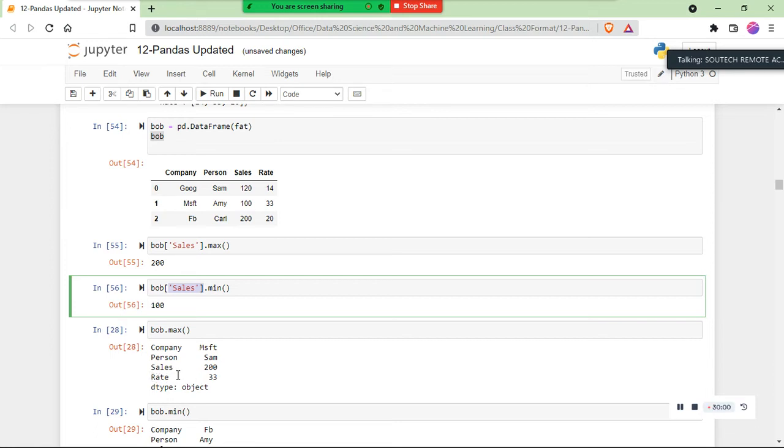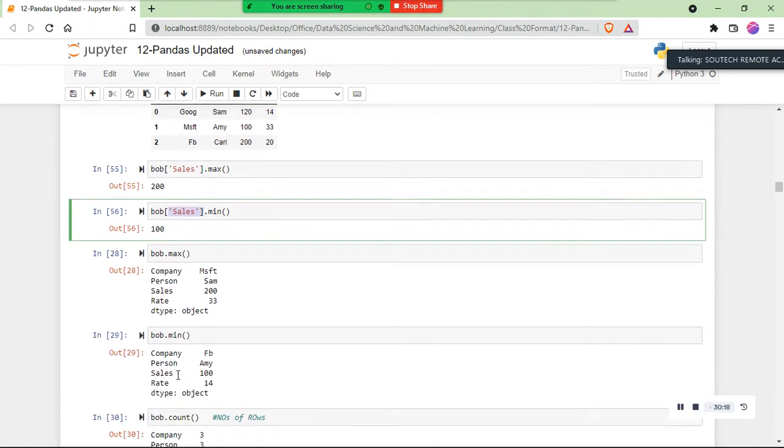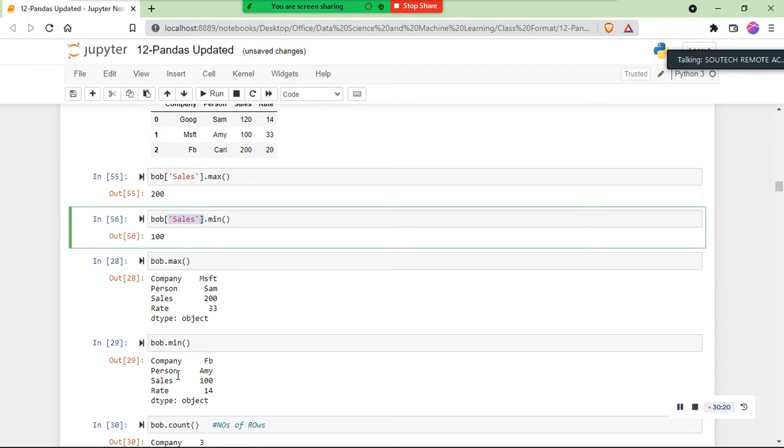That is, it's going to pick from each of the company, the sales, the person, and the rate. Okay. So if I say dot min also, it's going to pick the minimum. Minimum in the sense that the length of the word, the length of, like for example,